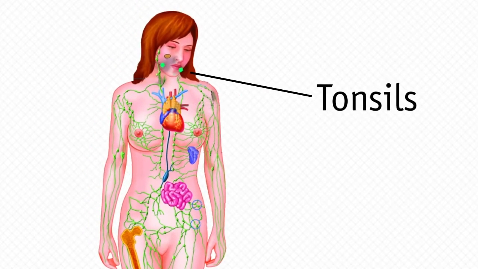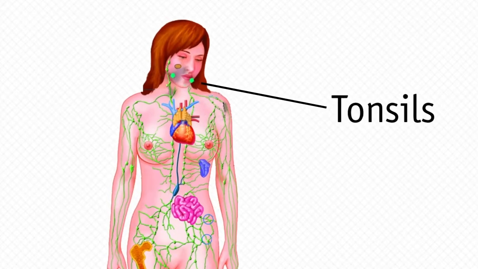We have three levels of tonsillar tissue, and these again are very importantly located in the forefront of where our exposure to the outside environment is. It's also there to help protect the digestive tract as well as the respiratory tract. But what we're going to be mostly focusing on when we're using the application of manual lymphatic drainage is the